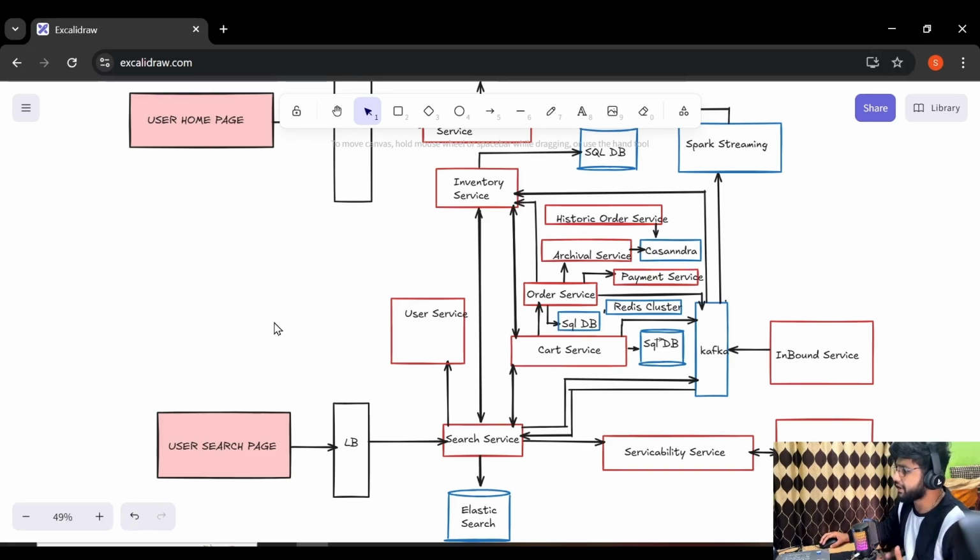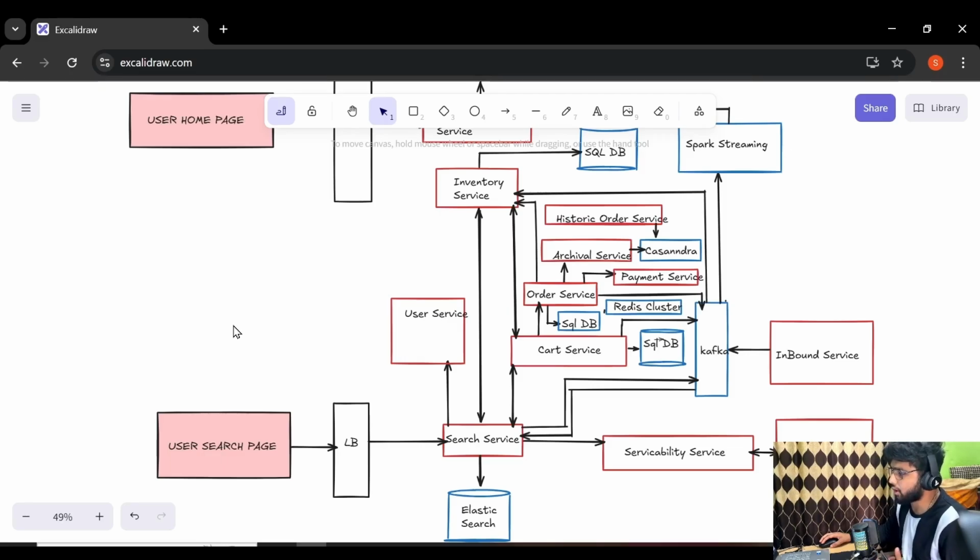We need to make sure that the updates are atomic and they can form a transaction, and we also need to make sure that there will be no partial updates, and MySQL database provides this out of the box, so we would leverage it here. So this is the reason we are going to use a SQL database for order service. So we made a database choice for this order service.